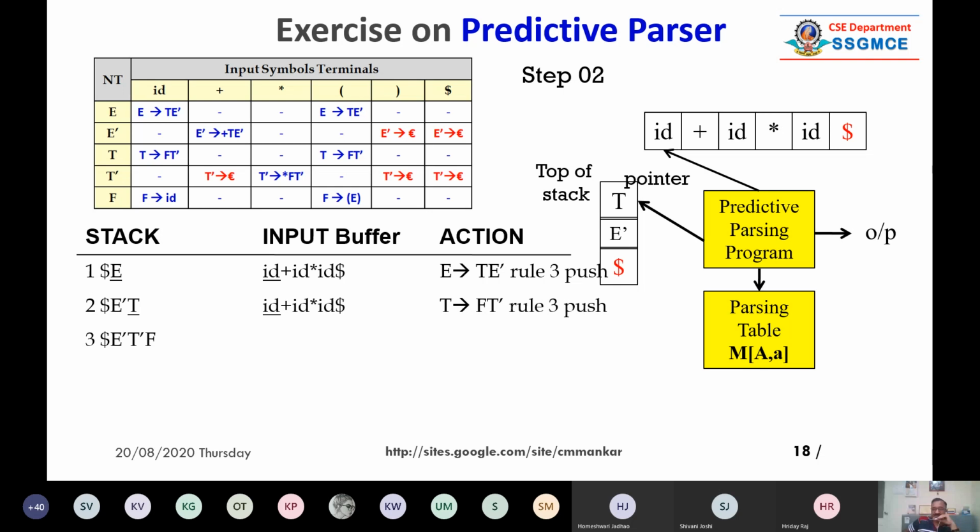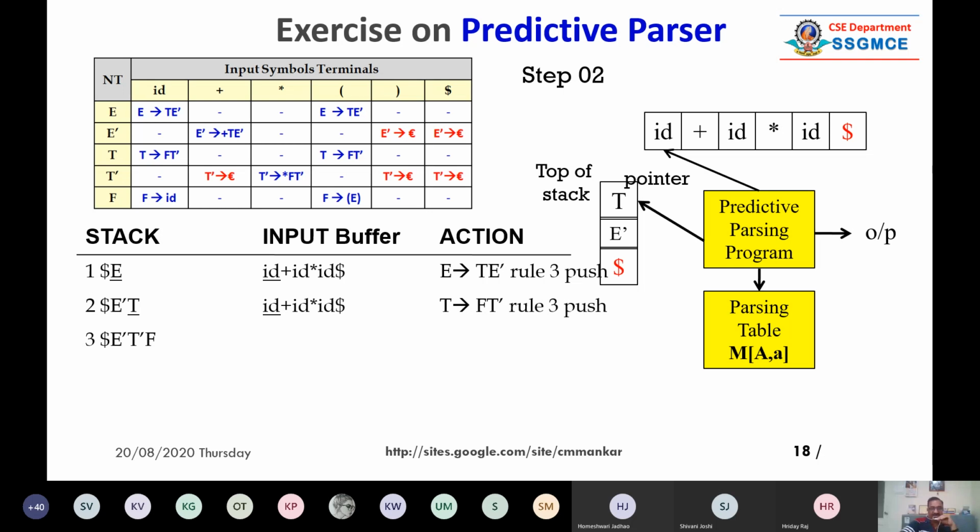So आपके ध्यान में आ गया what we have done? By referring the parsing table, we have substituted production rule. We have done the pop operation as well as push operation. We have popped the previous non-terminal and we have pushed the right hand side of that non-terminal. So here you will see that in line number 2, T is underlined.